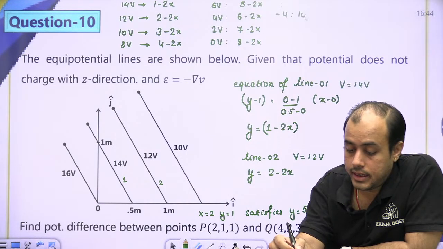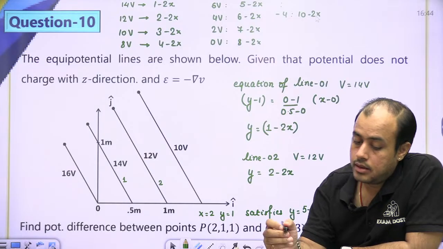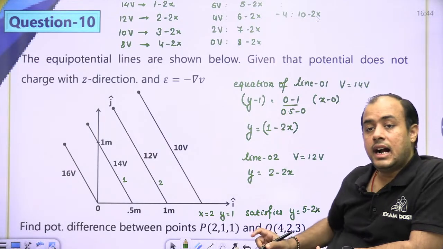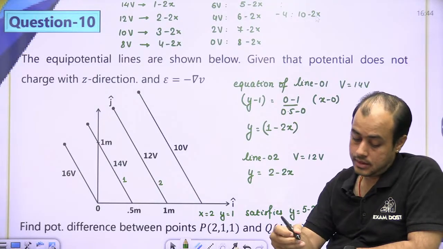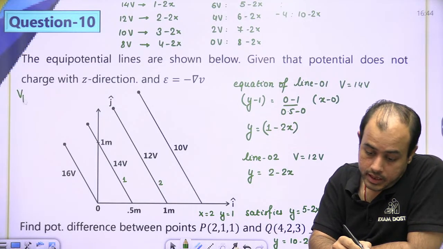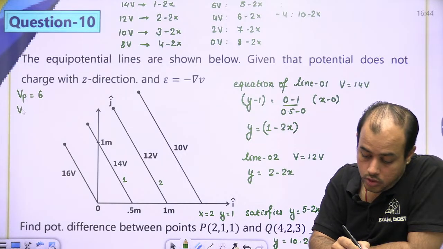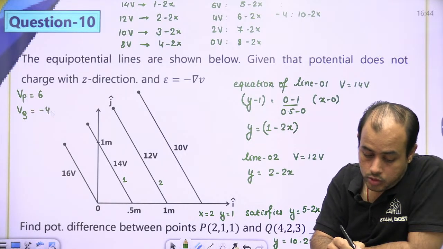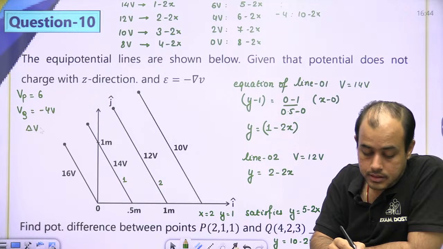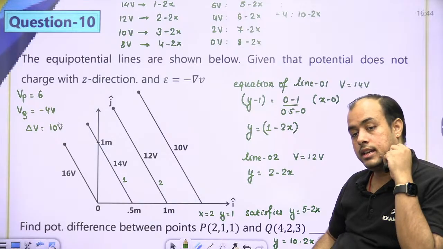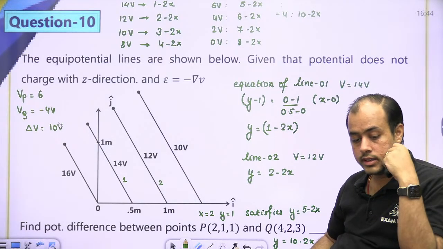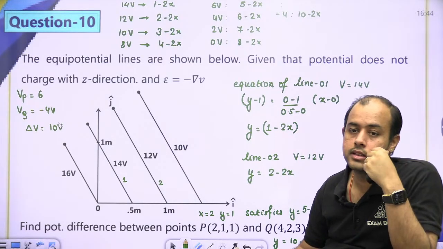Minus 4 will be 10 minus. So basically I found on which lines are these points lying. So Vp will be equal to 6 volt, Vq will be minus 4 volt. So delta V 10 volt should come ideally, 10 minus 4 minus 2, 8 is coming,